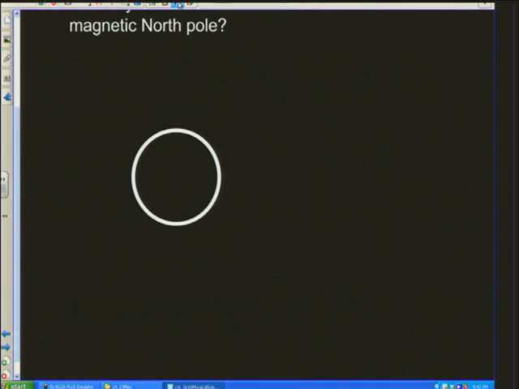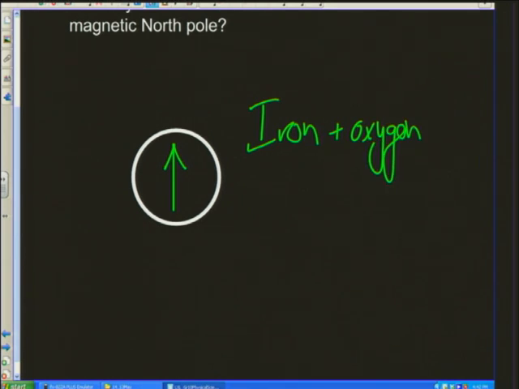And that needle is really a piece of, let's not use that one, I want to use a full one. It's really a piece of steel that's been magnetized. Now, steel is made up of iron. Okay? Iron plus oxygen gives you steel. And it's a mixture, an alloy of forms that gives you steel. It's hardened by the oxygen.